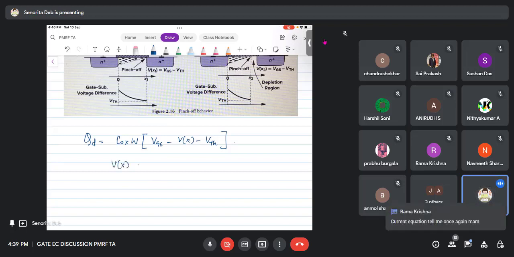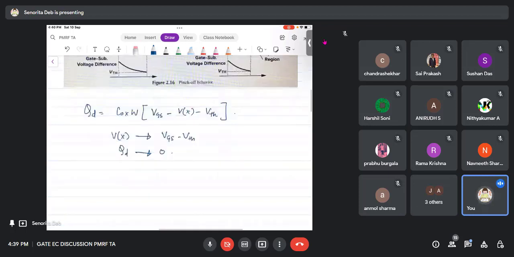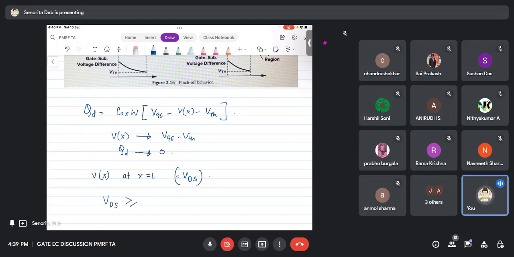Then QD will start approaching 0, right? Now this V of X at X equals L, that is at the drain, was VDS. So if my VDS, or V of X for that matter, becomes greater than or equal to VGS minus VTH, the channel density should be 0,